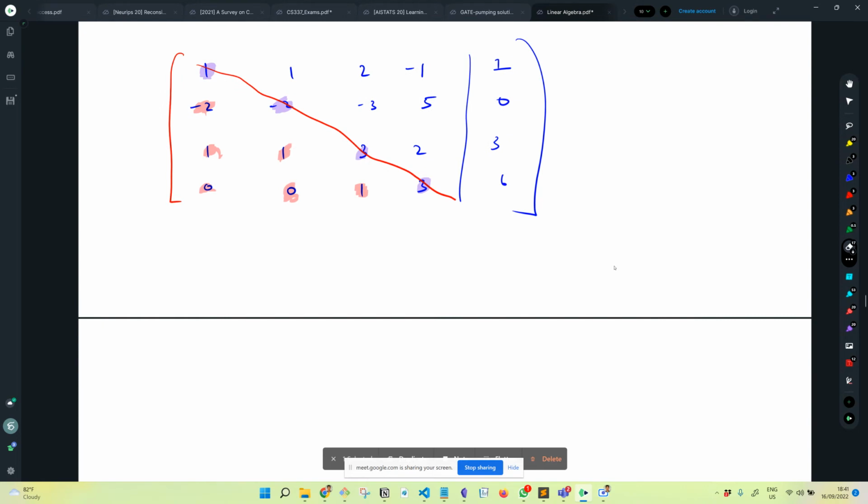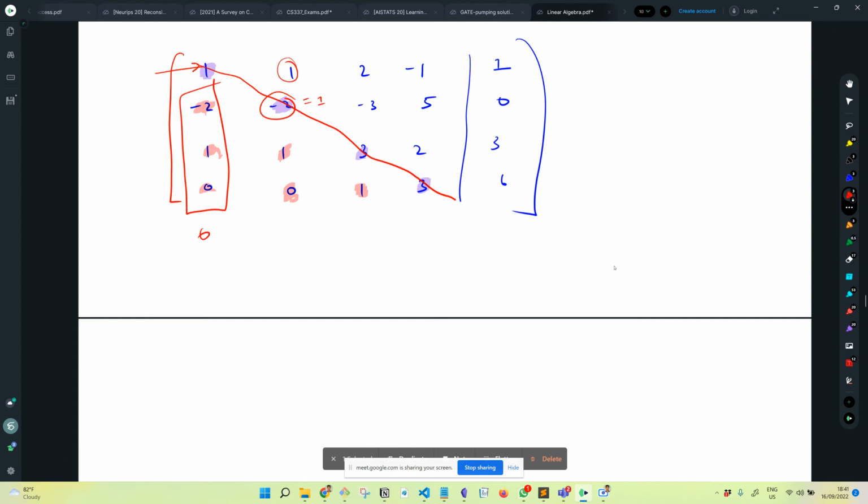The way you will proceed is you will adjust the entries in this order. You will start with the first column. You will try to make the first entry in the first column 1. All the entries below row 1 you will make 0. Once you are done with the first column, then you will go to the second column. In the second column, as you are aware, any number in the first entry is fine, so you will not bother about this entry. You will come to the second entry of the second column. You will try to make this entry 1,